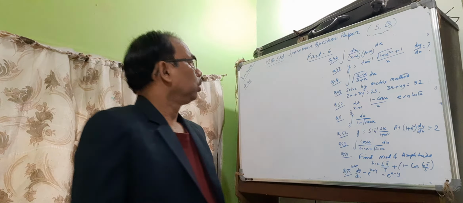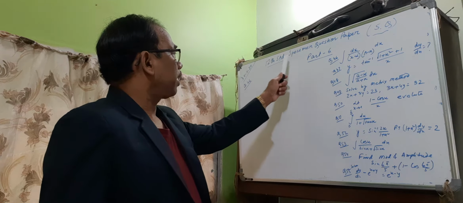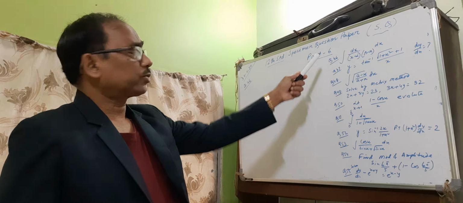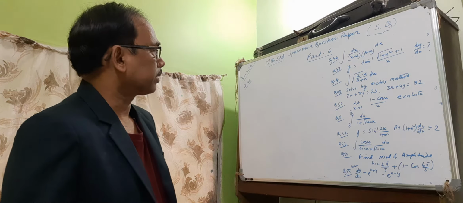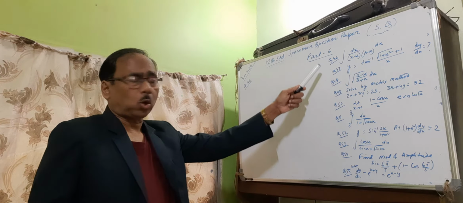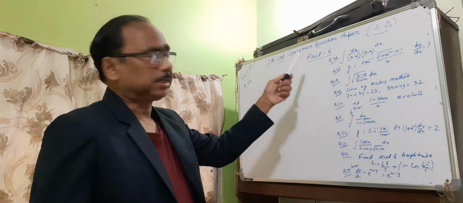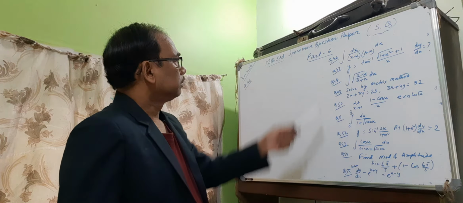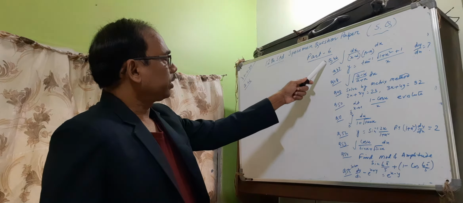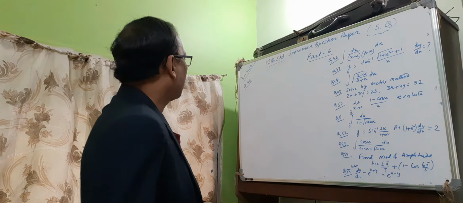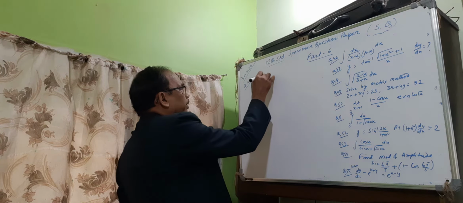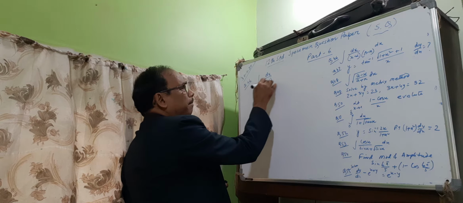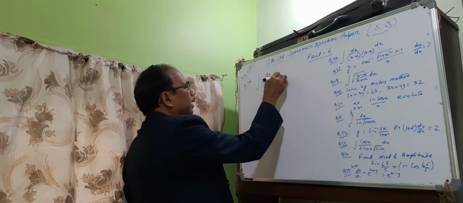Hi students, today 12th standard specimen question paper, short type of question, part 6, 6 number class. Here 10 short type of questions are given. I am trying to solve all the questions, from 46 to 55. Sum number 46, integration dx by root over of (x minus alpha)(beta minus x).